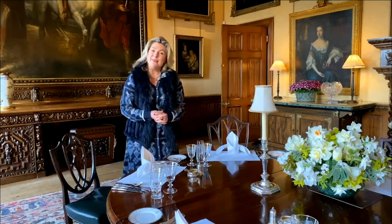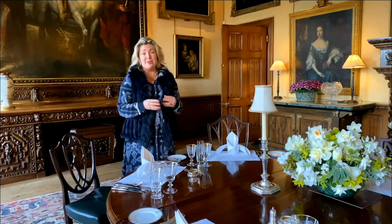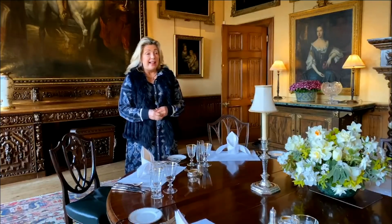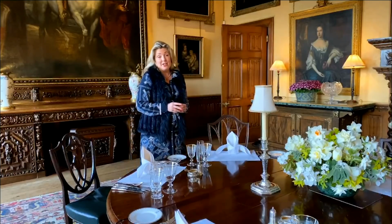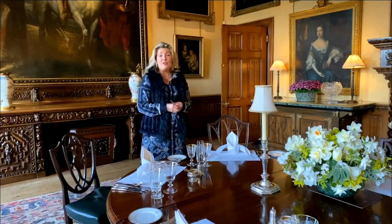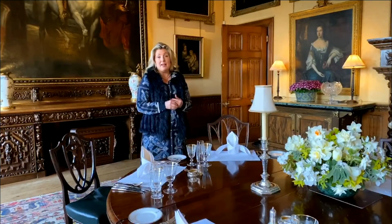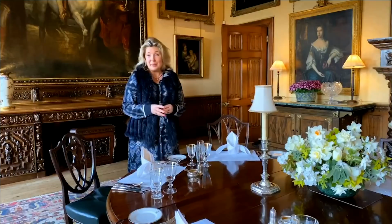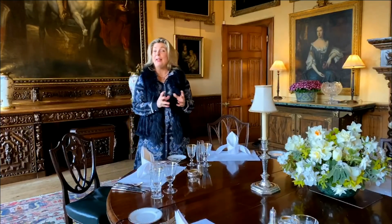But it's a wonderful room, and in actual fact, it has welcomed statesmen, politicians, royalty, so many people, men and women from the world of letters and music. And we still eat in here today. At the moment we don't actually, the castle is very much closed up in this extraordinary, challenging time which we're all facing and following our journeys through. But we've set it for you today to show how it might look if we were having a small lunch or dinner party. But before I return to that, I'd like to tell you something about the paintings in this